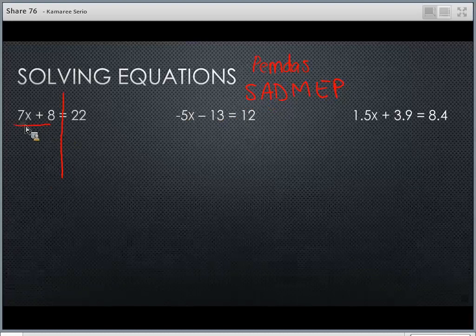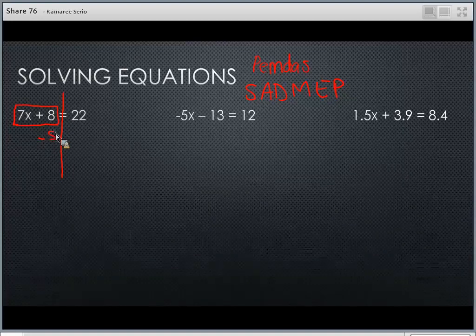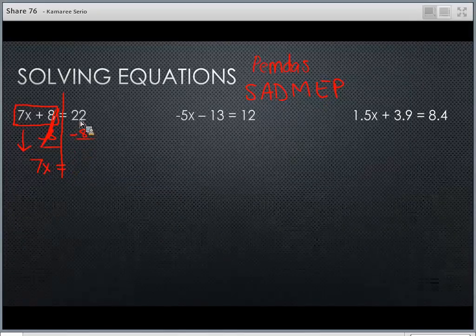So when you look at this side of your equation, I have addition, which means I can get rid of that. So let's do that first. I want to subtract 8 and subtract 8. So these two 8s are going to cancel. This 7x is still there, so I'm going to bring that down. And then 22 minus 8